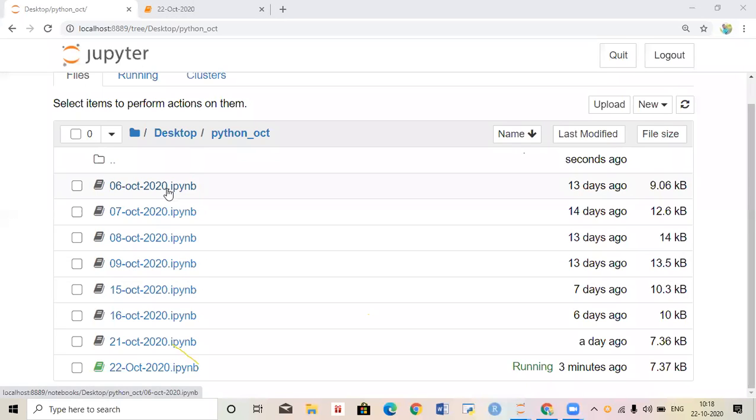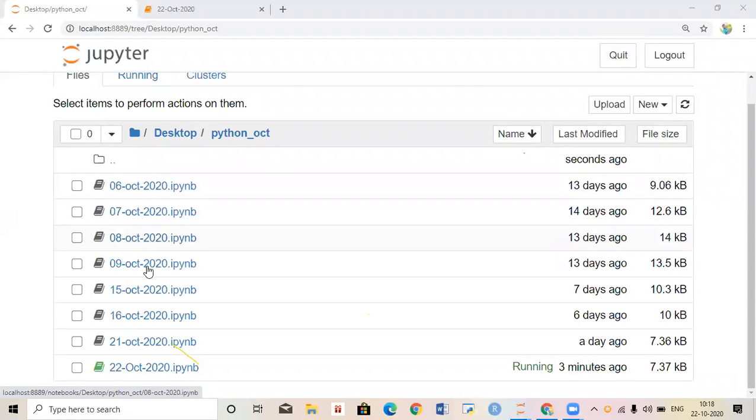Let us think, this is one Python file, this is one Python file, this is one Python file. Every Python file is called one module.